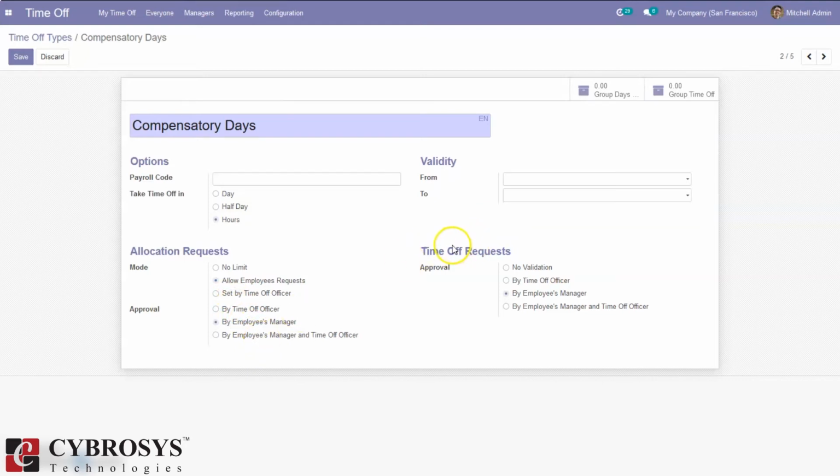Then here we can set time off request approval. This one is allocation request and here we can see time off request approval. Approval can be done by time off officer or employee's manager or both, or without any validation.